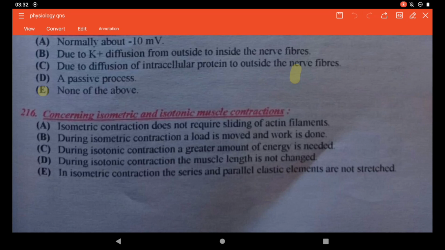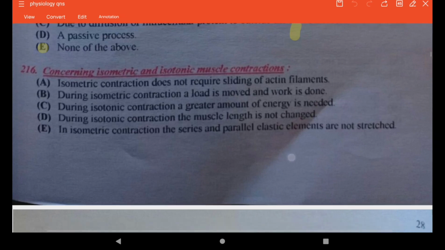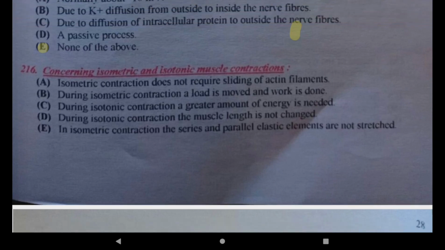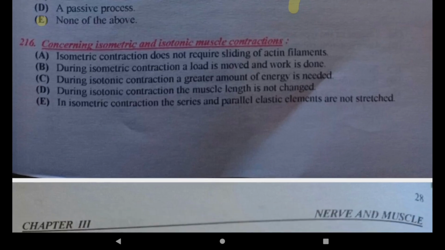number 216 that says, concerning isometric and isotonic muscle contractions. A. Isometric contractions do not require sliding of the actin filaments. B. During isometric contractions, load is moved and work is done. C. During isotonic contractions, a greater amount of energy is required. D. During isotonic contractions, muscle length is not changed. E. In isometric contractions, the series